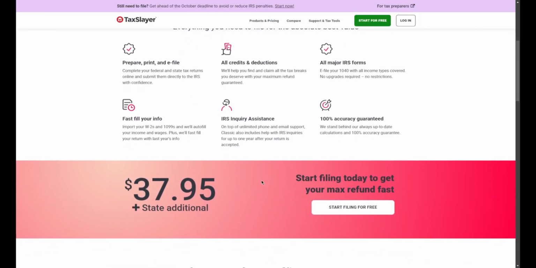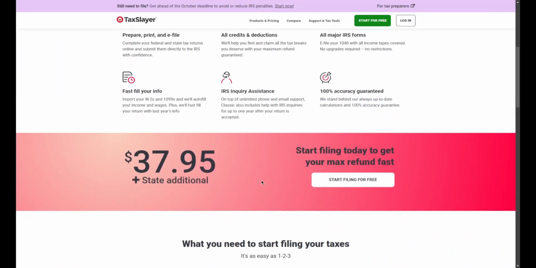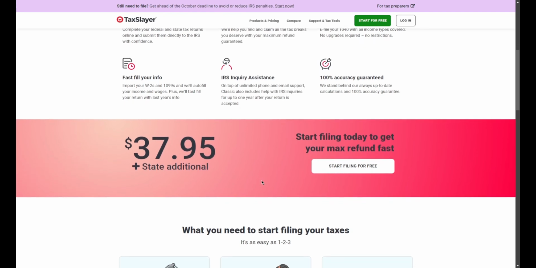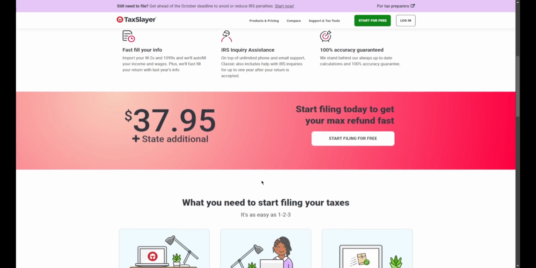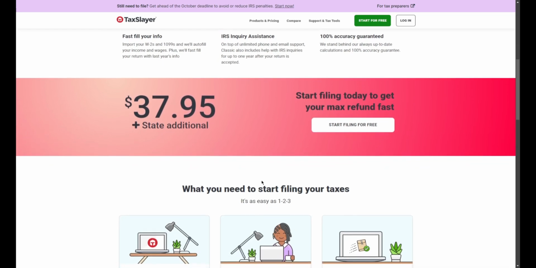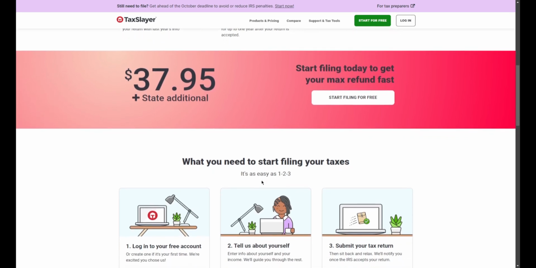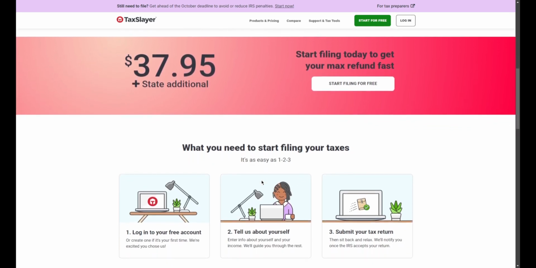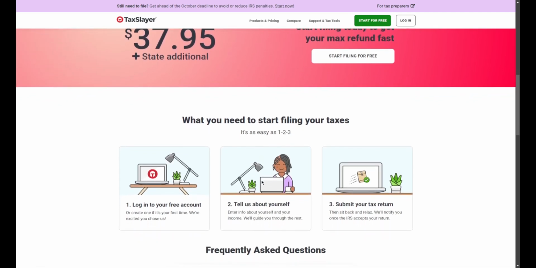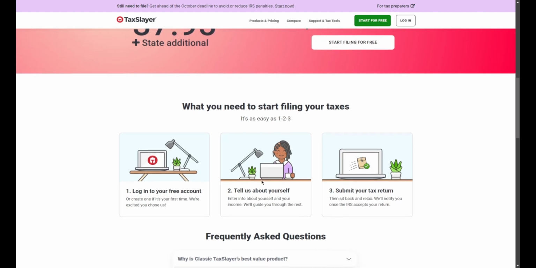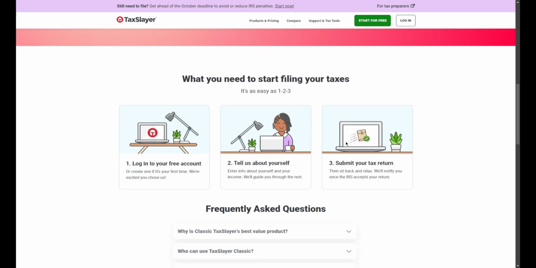The fixed pricing structure allows users to budget effectively for their tax preparation costs, eliminating any surprises at checkout. With an intuitive interface and step-by-step guidance, Taxslayer Classic simplifies the filing process, making it accessible even for those who may be filing taxes for the first time. This plan ensures that users can complete their tax returns with confidence and ease, maximizing their potential refunds while minimizing